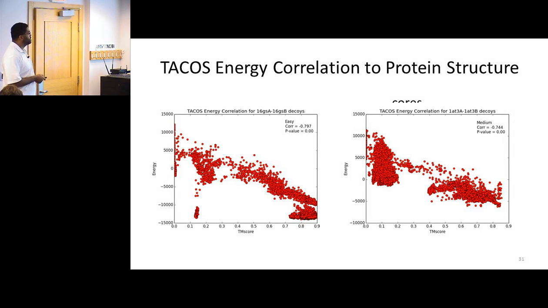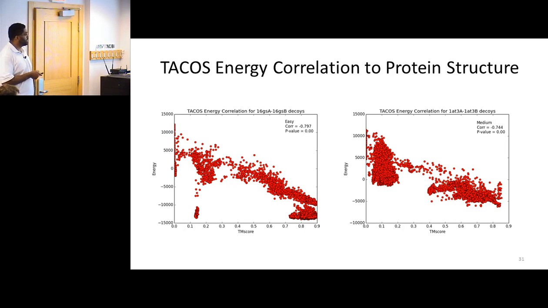So this is a plot of the correlation between our energy score and the structural similarity of our protein complexes. For this slide here, this is when we have multiple templates with high confidence, and the one to the right is where we have one template with high confidence in our template set.